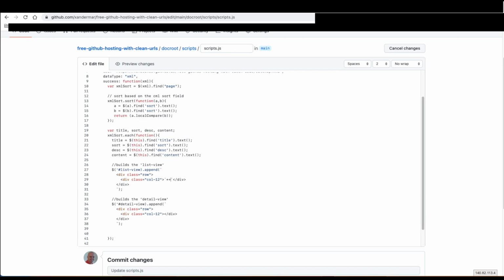So in here, we're going to start with putting our title. And we're going to create an H2, because don't forget, this is going to go in our list view, which is going to be our index page. It's going to be a list of all of the articles with a title and a short description. So just put title here, and then we will